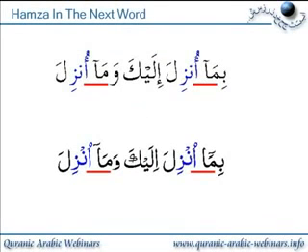Okay, another few examples here. So here we've got bima unzila, and because the ma is two long, i.e. it's fatha alif long vowel, they put a madda on it because the next word unzila begins with hamza. So again, that would be bima unzila. Okay, so the ma is four long, and you can see it again at the end of that